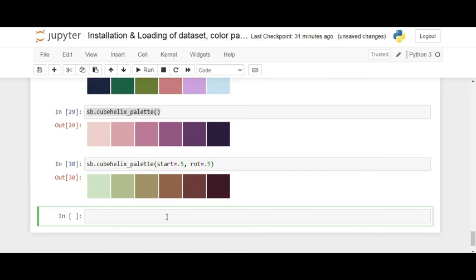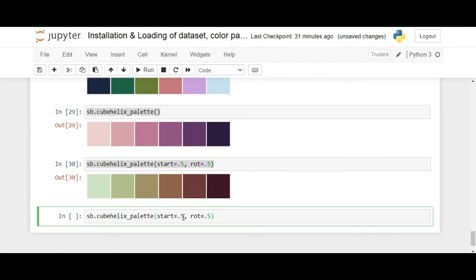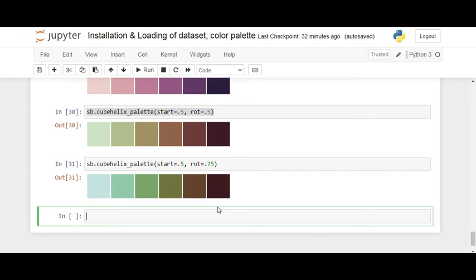So now I will make a bit of change here. In this case, I will copy it, paste it, and use another value here, and then run it. So you will observe very small changes in these values, right? For the next one, again I will use the same thing.